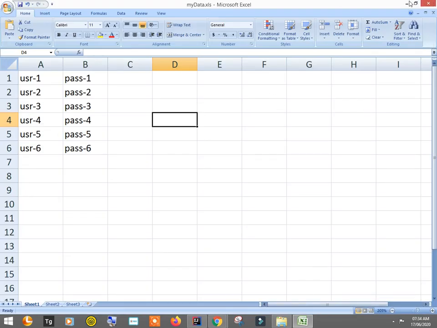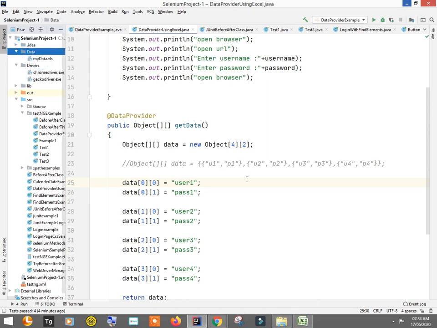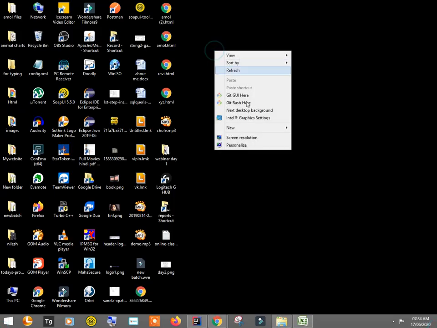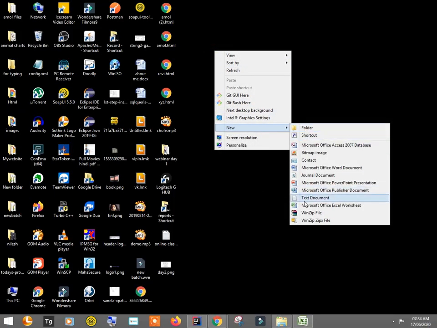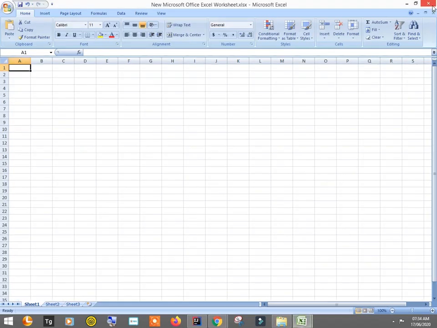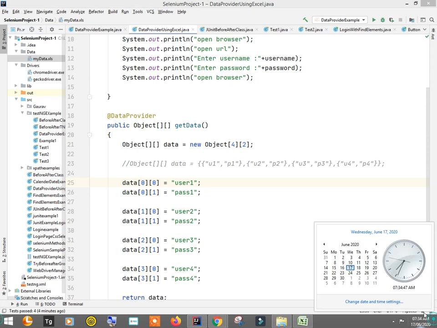Now this file is here. One more tip: generally what students do is create some file at some random place, make the changes, and then copy and paste it here, and somewhere in between the path gets wrong, or you may write the correct path but the changes you made are in the older file.